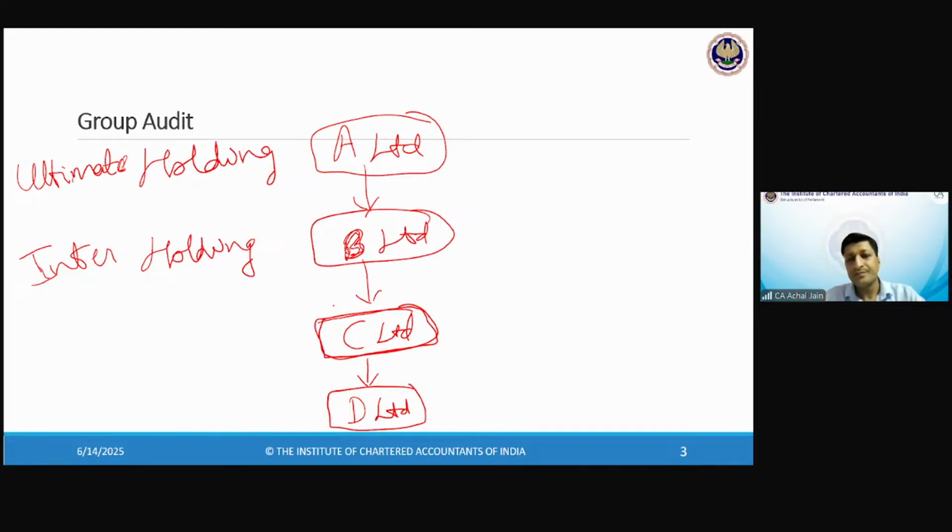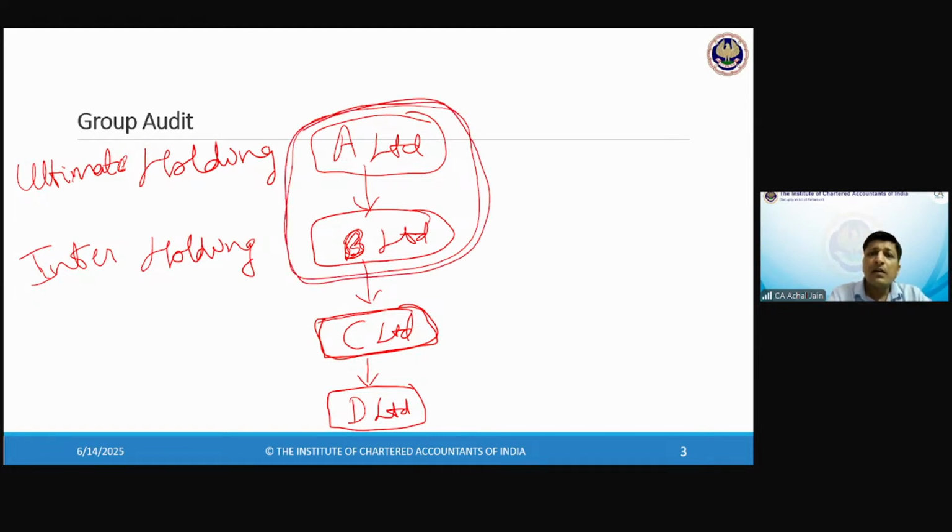Third, consent should be available from A, from B for not preparing CFS. Further, either B or A should prepare CFS using the same reporting framework, which should be available in the public domain. Which will be done in this particular case. So B will prepare CFS, A will prepare CFS. The moment you have all of those four conditions fulfilled,